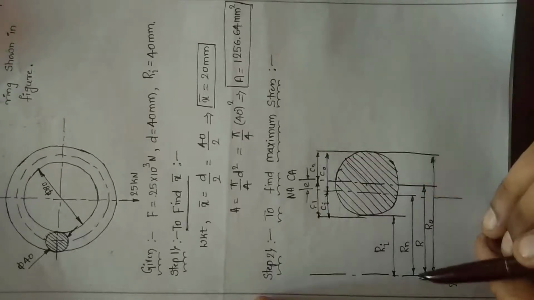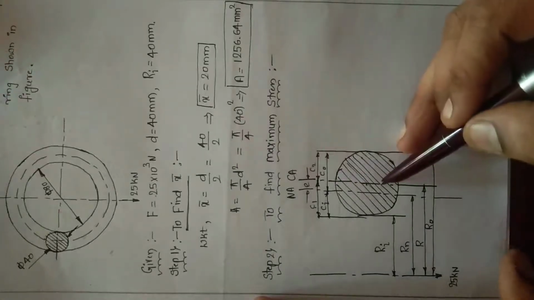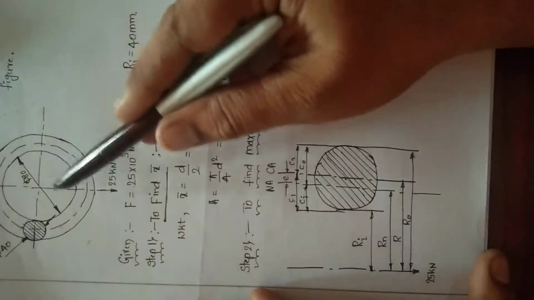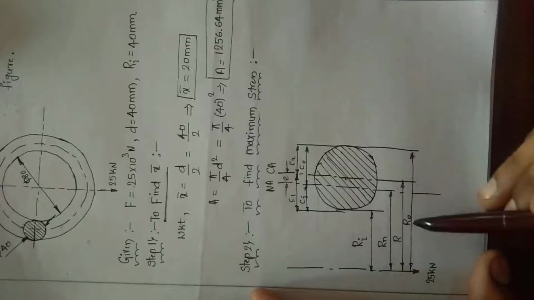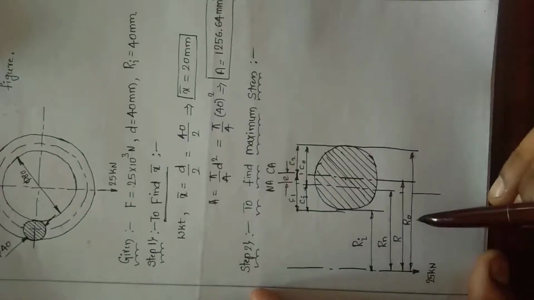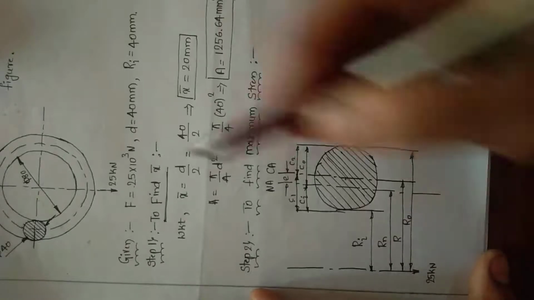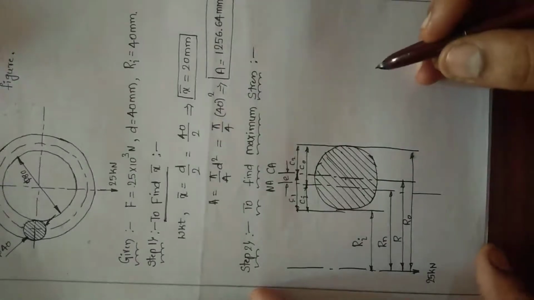And one more thing, I can find Rn easily, and capital R easily. How? Capital R is exactly at the centroidal axis. So here Ri I know, Ri he has given. So total diameter is 80. Half of that will be 40. So this is 40 plus 20 gives me R. Even R0 also I can find. So this is Ri plus the total diameter of this. So Ri is 40. Total R0 will be 80 mm.